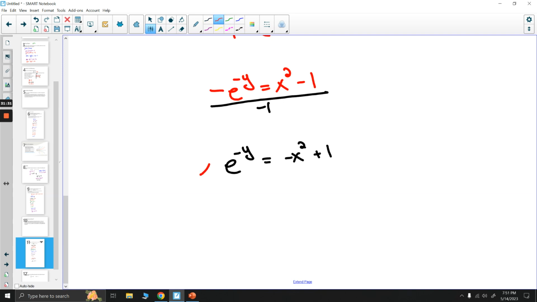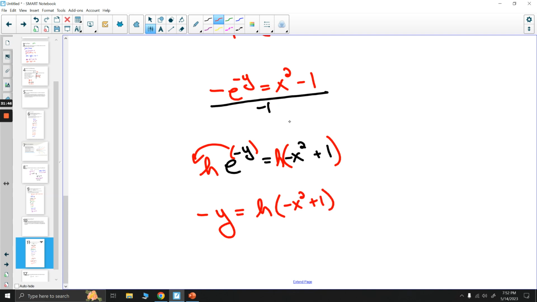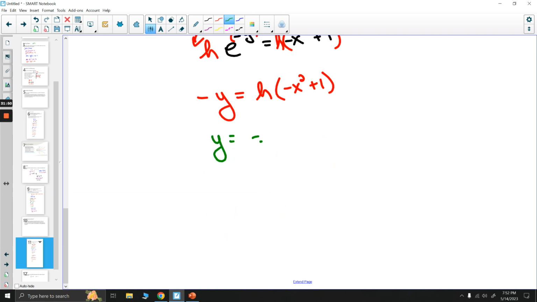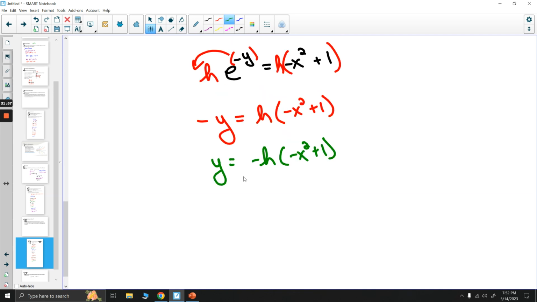And now what we need to do is natural log both sides. This will enable us to bring our exponent down. We have negative y is equal to natural log of negative x squared plus 1. And if we now divide by a negative or multiply, we get y equals negative natural log of negative x squared plus 1. All right, so this right here is our equation y. So we have now solved for y, and it is y equals negative natural log of negative x squared plus 1. So obviously our domain here, if we think about this thing,